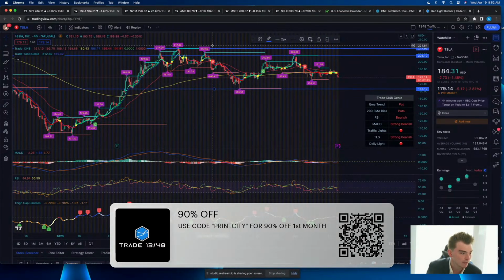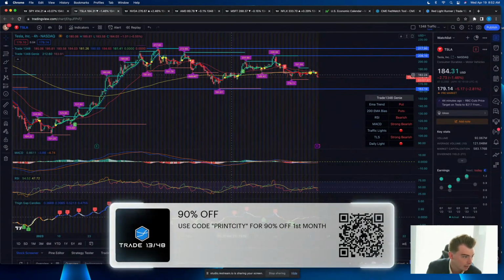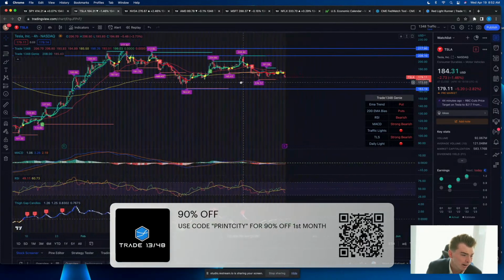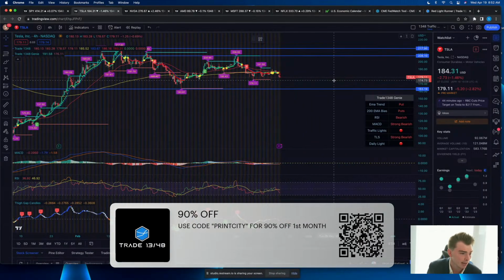Okay. So you flash above it a few times, but in general, you're coming back below it. You did get up to this second level here. Again, rejected right back down below. On the 4-hour, I mean, you got 176 here. We can throw this one on here. I kind of like that.